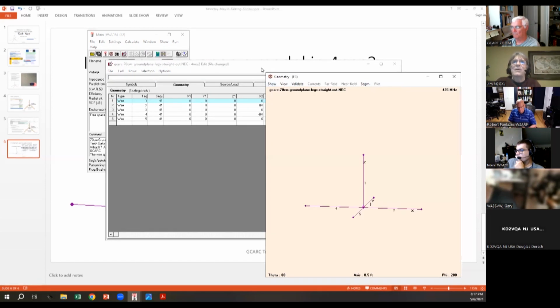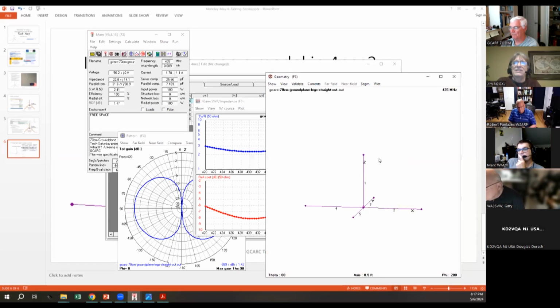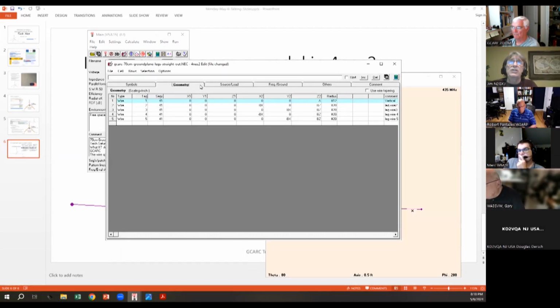And when I go ahead and do my model, I'll punch it again, and I can do a generate just like before. Get the hourglass here. It's working on it, working on it, working on it. Not all wires have to be the same thickness. I've made this thicker, and you can see the effect on the SWR curve compared to where it was before. All the kinds of fun things that you can do, but we're still stuck with this up here. So unless I change the feed point,